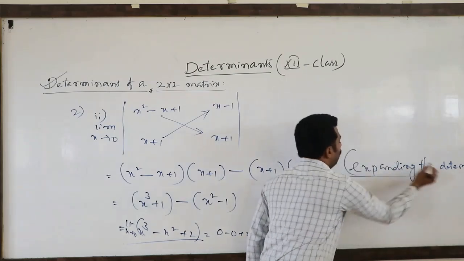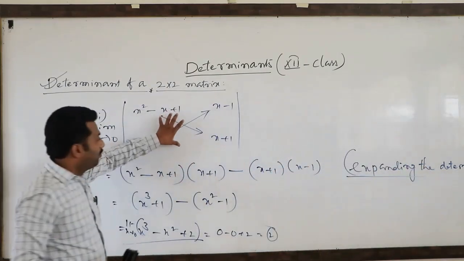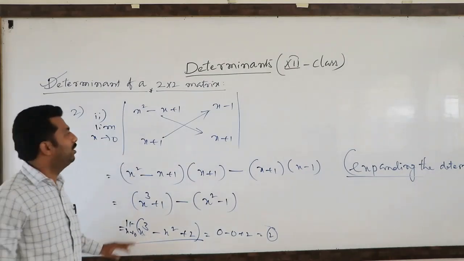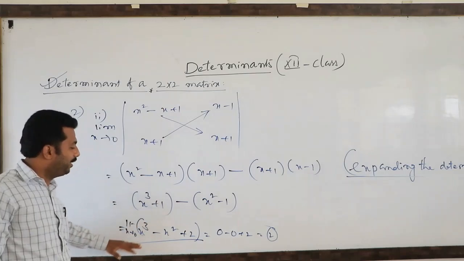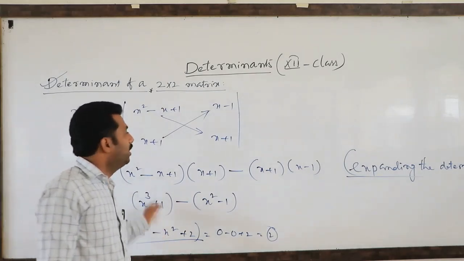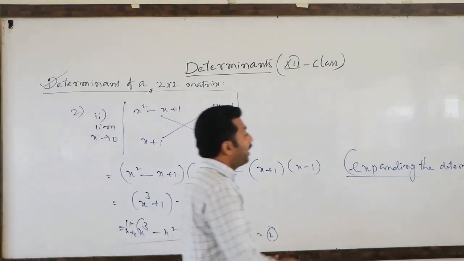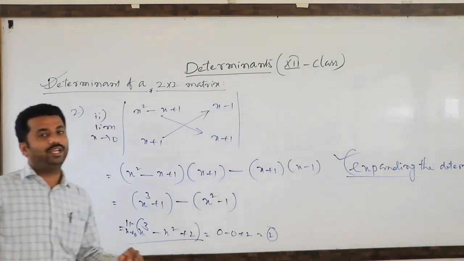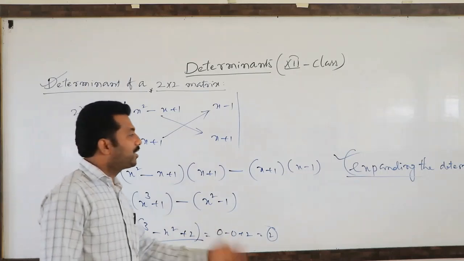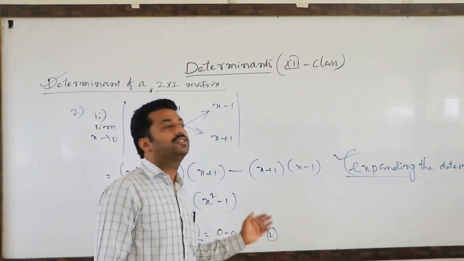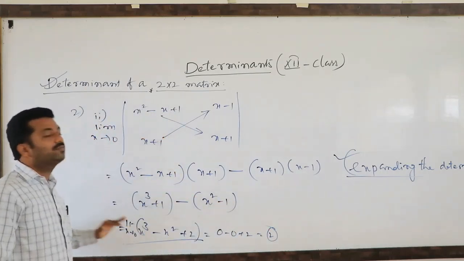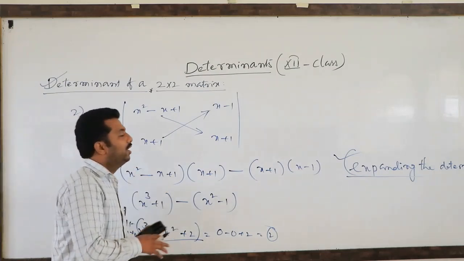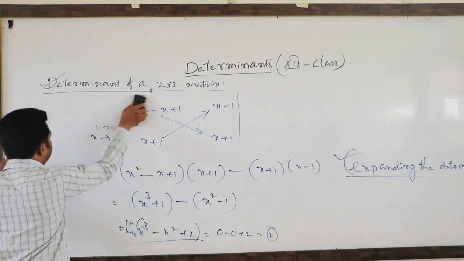So whatever we are writing, calculating this determinant only, this is called expanding the determinant. Expanding the determinant means if you simplify this determinant, you will get one number or one function. This process is called expanding the determinant. So that point you have to remember. From here onwards, we will simply say expand the determinant. Expand the determinant means indirectly you have to apply this procedure. Okay, so that point you have to remember. Some terminology you have to identify. Next,